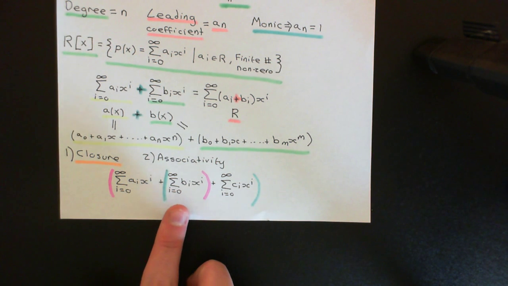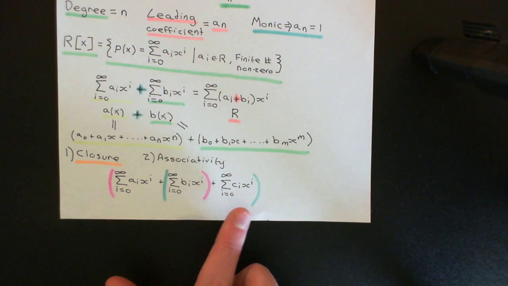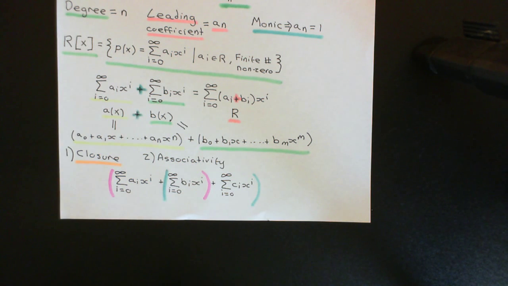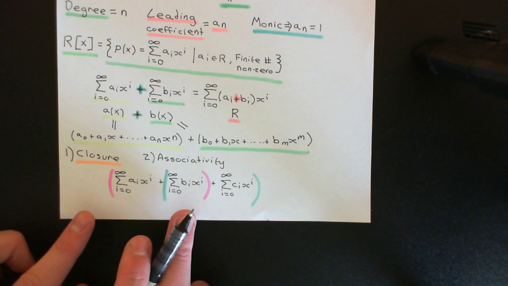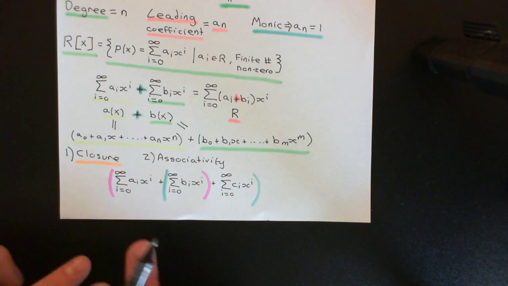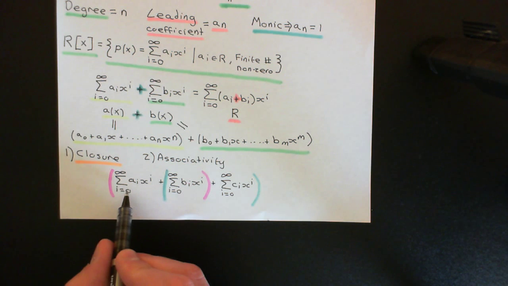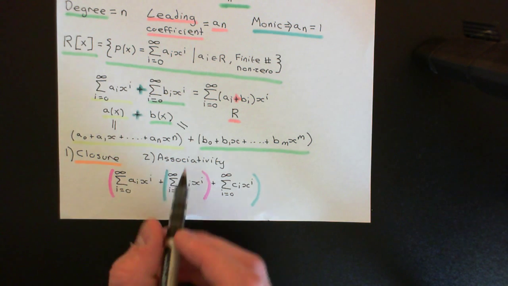We firstly add this b polynomial to the c polynomial, get the answer which is another polynomial, and then add the a polynomial to that answer. Okay, so let's firstly consider what we'll get if we actually do it the purple way. If we do it the purple way, we'll firstly add the a polynomial to the b polynomial, and